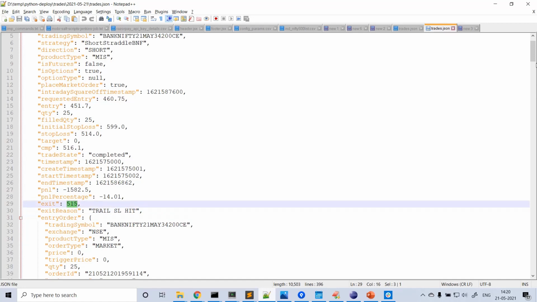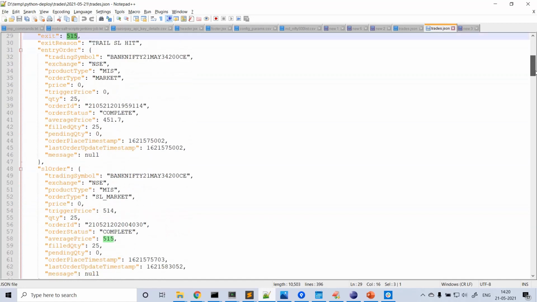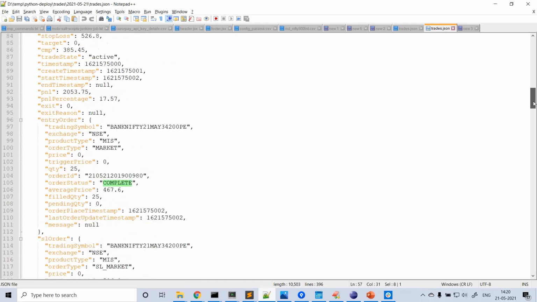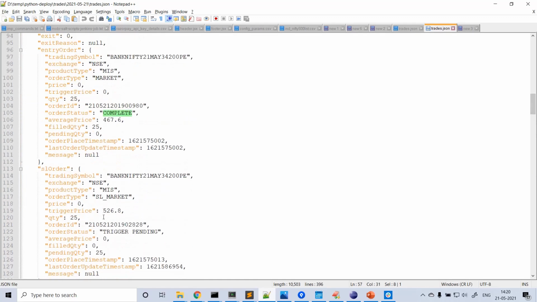Exit price was 515. The SL order status is complete. The trigger price we mentioned was 514, but we have 1 point slippage here. Executed is 515, and our PE is still running, so it's still trigger pending.